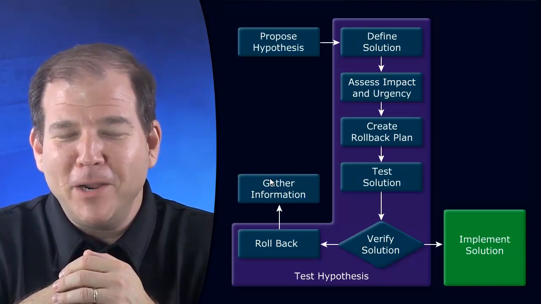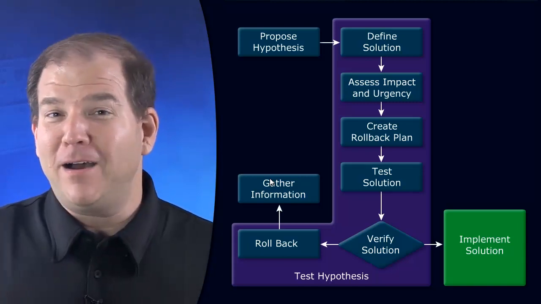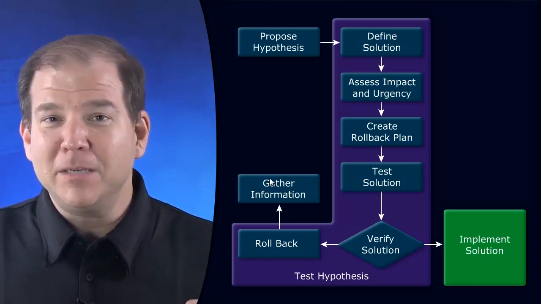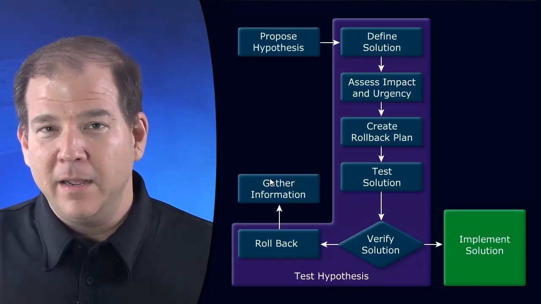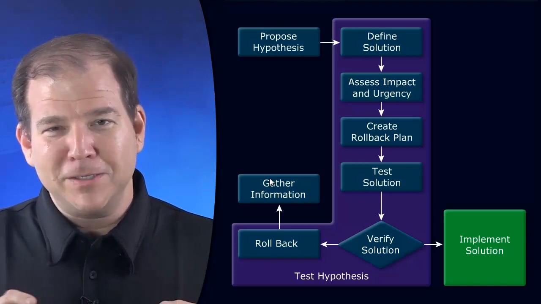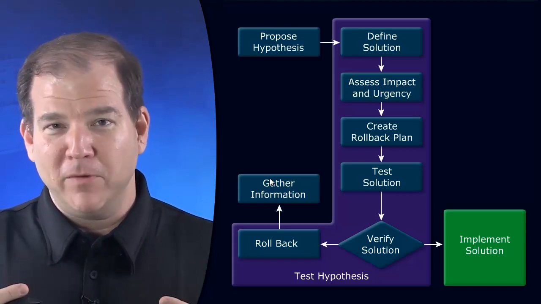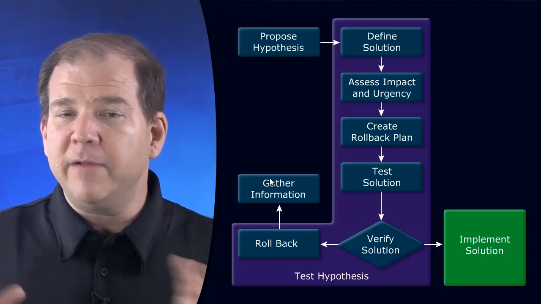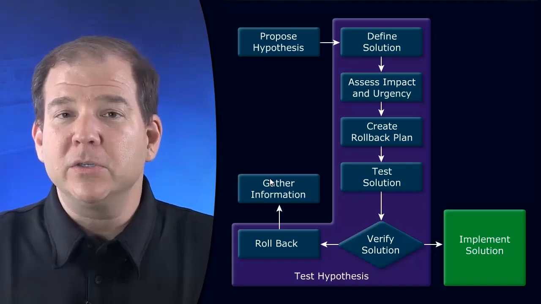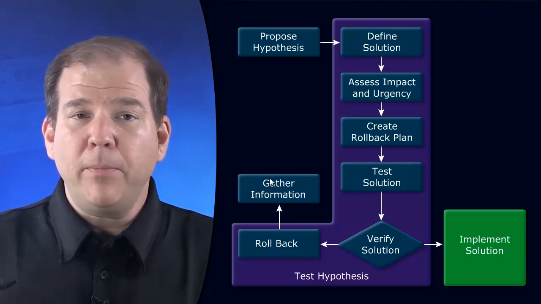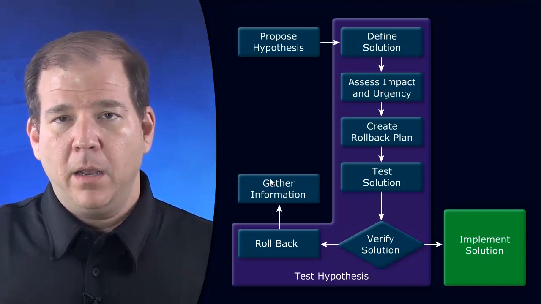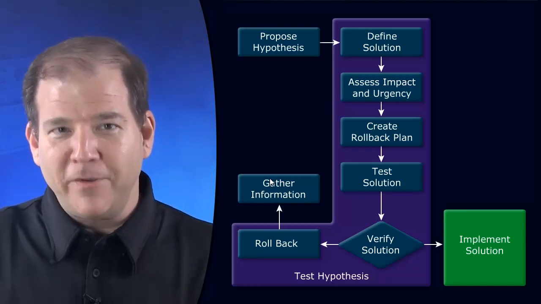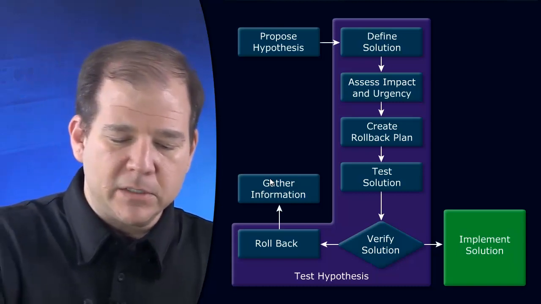We broke Spanning Tree. We thought it was better to have a functional yet non-redundant network than to have a non-functional yet redundant network. And then somebody came back around midnight to minimize the impact on the guests, and they swapped out the supervisor engine. But it's a balancing act. You need to assess the urgency of fixing it right now versus the impact it's going to have on your end users, and also come up with a rollback plan. So if what you do doesn't work, don't compound the issue by doing more stuff. Let's make sure that we can roll back, and then we test the solution.